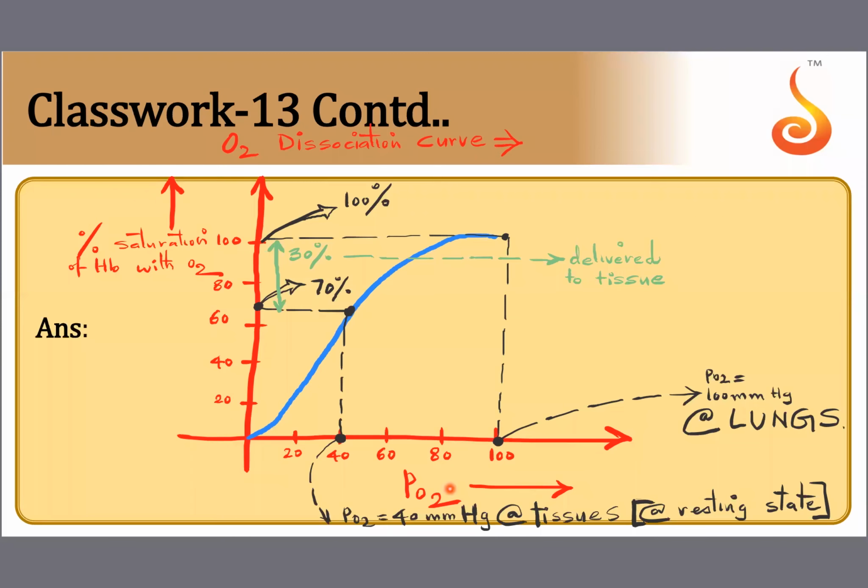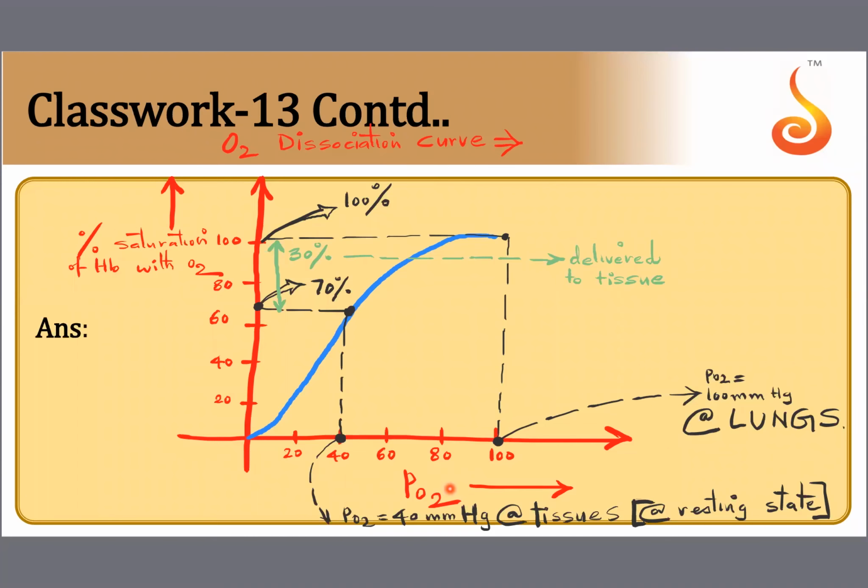This breaking up, this dissociation is good for us because hemoglobin at some point has to say goodbye to oxygen so that oxygen can go to the tissue and serve its purpose. Otherwise, if all 100% of hemoglobin are clinging on to oxygen, there will be no oxygen for the tissues. Hemoglobin can never forever be in love with oxygen at the tissues because of a fall in partial pressure of oxygen to 40 millimeter mercury. They have to break up, they have to say goodbye to each other.